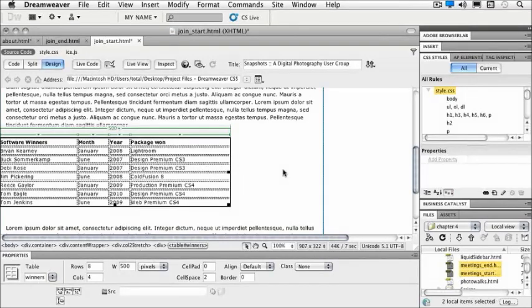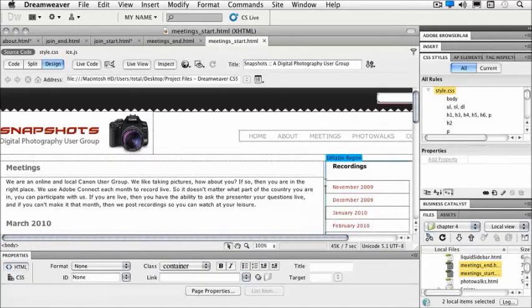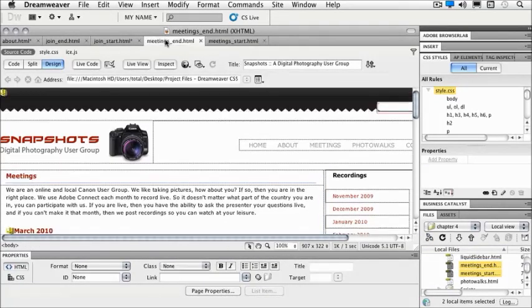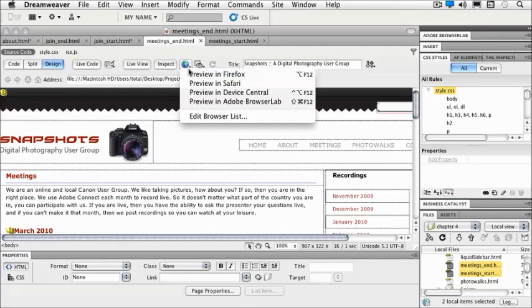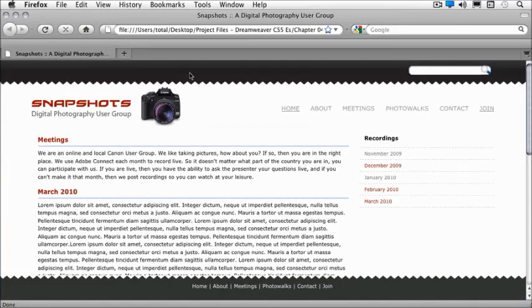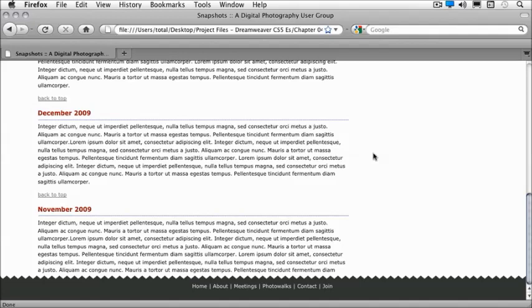So we have some files we'd like to open up. In Chapter 4 folder, I would like you to open meetingsend.html and meetingsstart.html. If we look at our end file and actually look at this in the browser, when I click on November 2009, it should take me down to the bottom of the page where I have